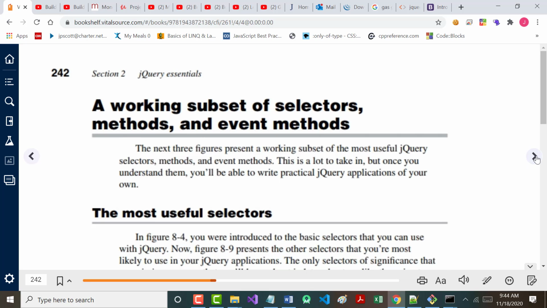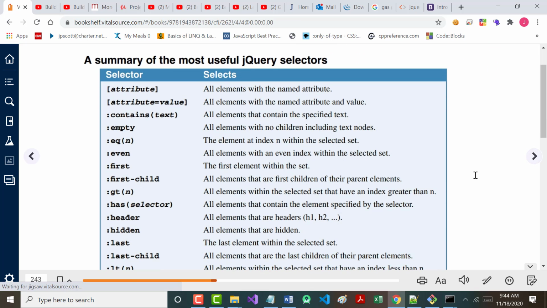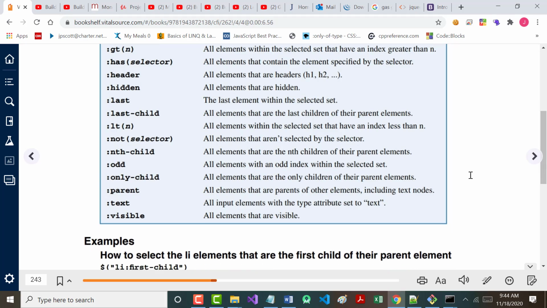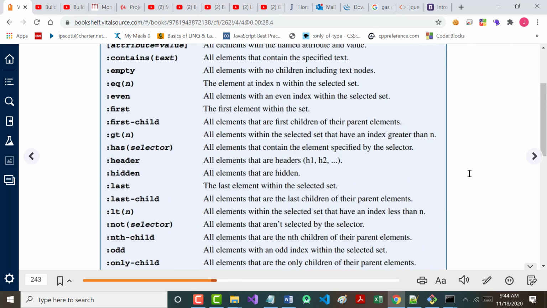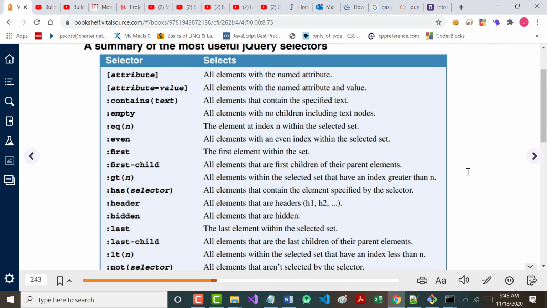All right. Now they come in again. This is some of the useful selectors. Again, I don't know about you, when you look at this, I don't know how many are in here. My guess is around 20. I would never be able to